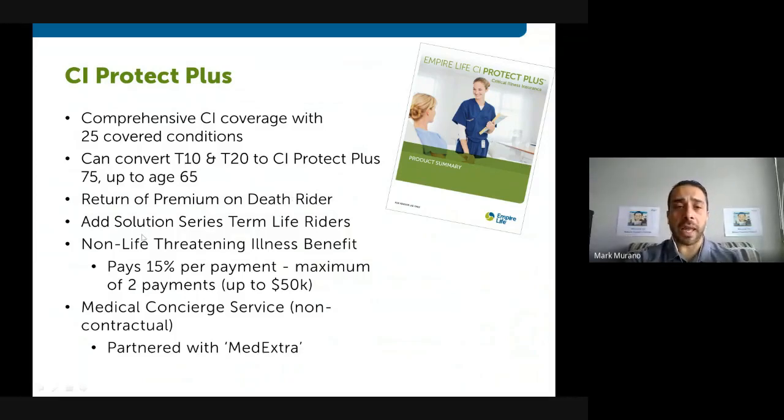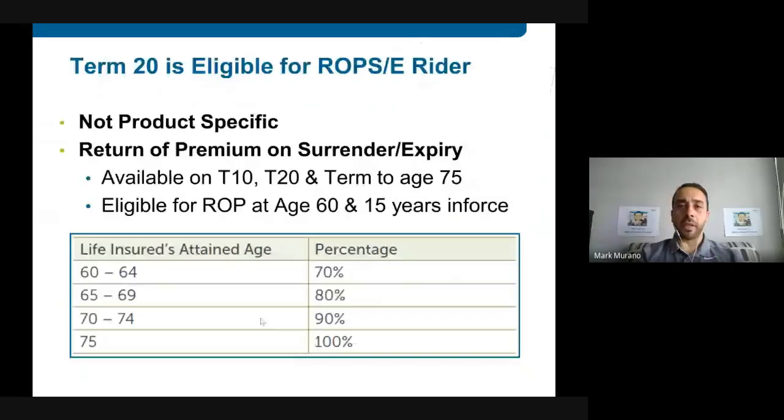You can add built-in benefits such as a non-life-threatening benefit and concierge service, which is your kind of best doctor's plan. What's unique about Empire specifically, and what I love to promote, and I wish I could just let every advisor know this,